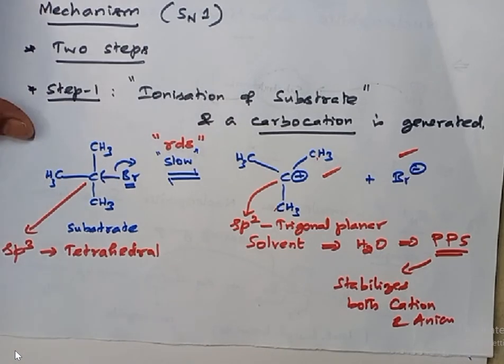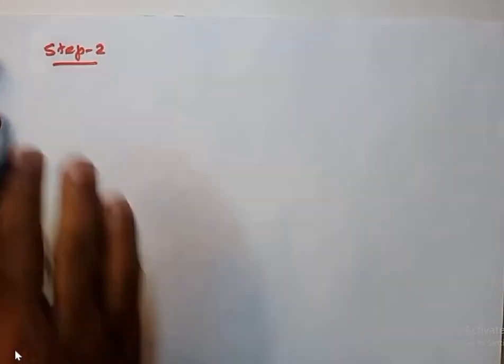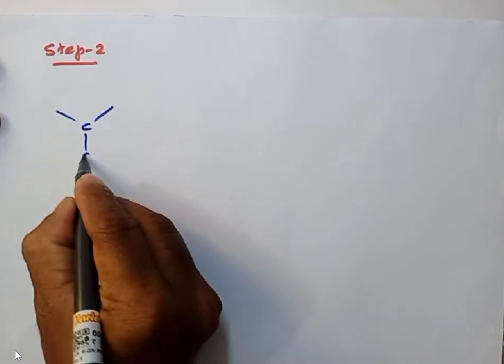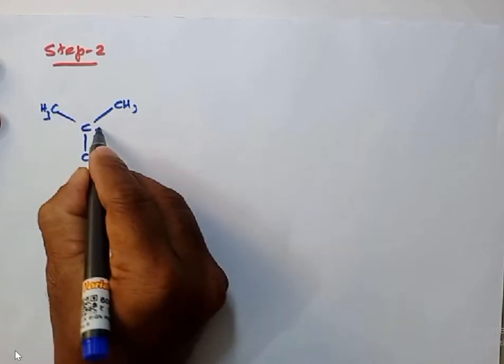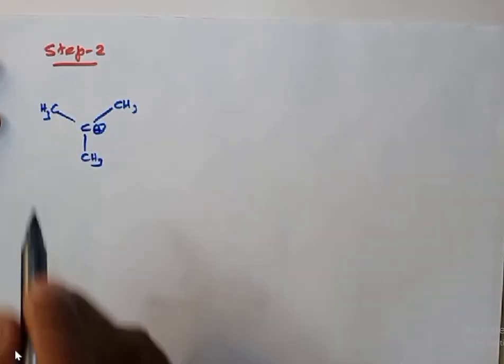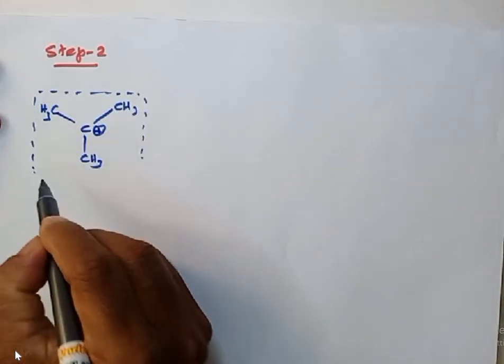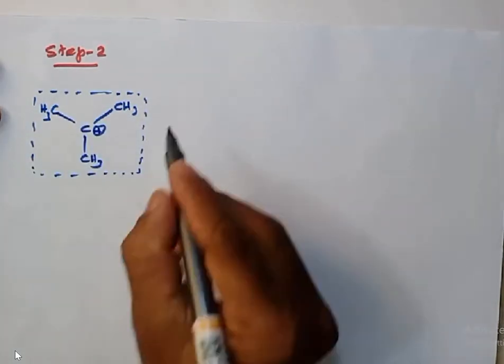No, sir. Okay, right. Now, what about the second step? Step 2. In step 2, the carbocation that is formed, we get a planar carbocation now. We have a planar carbocation. All these atoms and groups exist in the same plane. It's planar. Now the nucleophile,